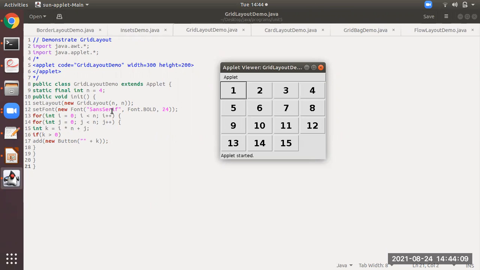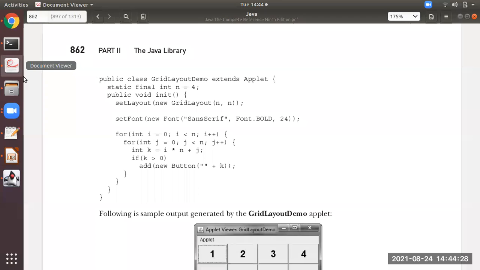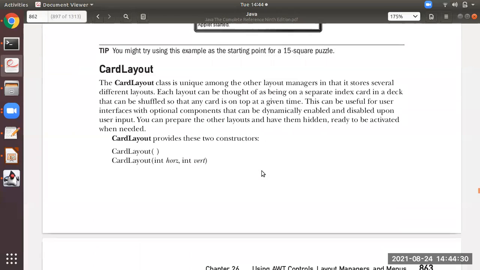Those many number of times, as the for loops run, this 17th line will be evaluated. According to that, it will generate these many buttons. These many buttons it will add. So I hope you all have understood this grid layout.